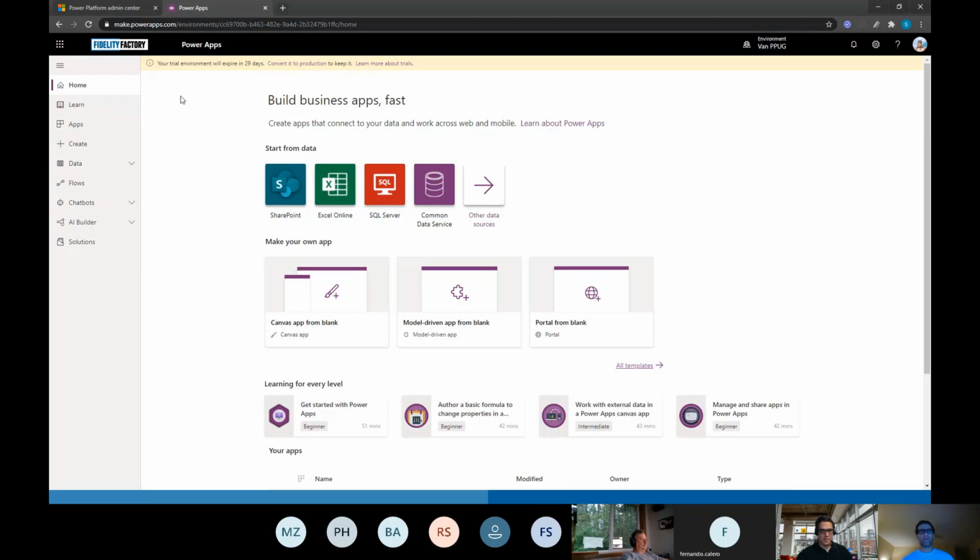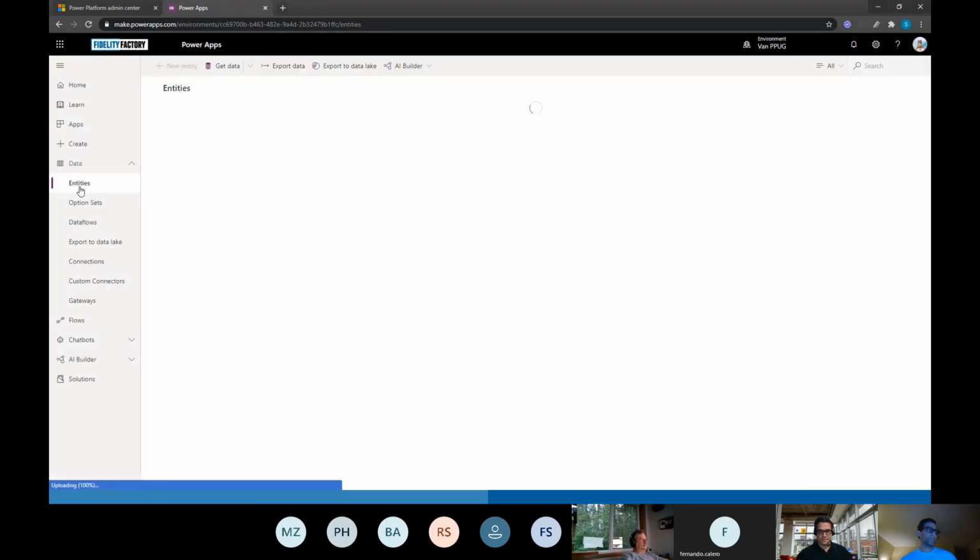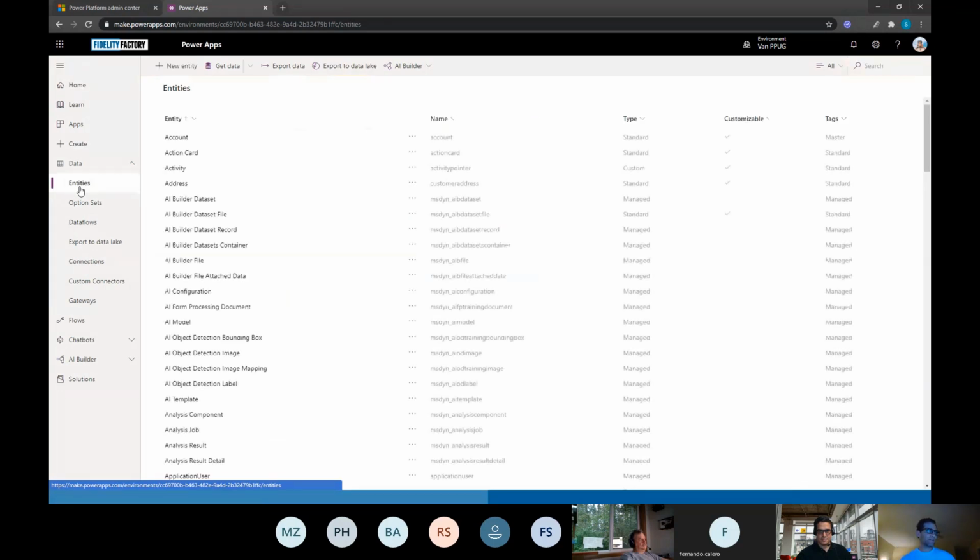So to begin making a model-driven app, you can go into the Power Apps Makers portal. Just go to powerapps.com and log in there. What we'll find is, if we look in the left navigation, I'm going to start out in the Common Data Service to do this work. So we'll go over in the left navigation to Entities. And here we'll find all the entities that have been deployed into the Common Data Service database in the environment